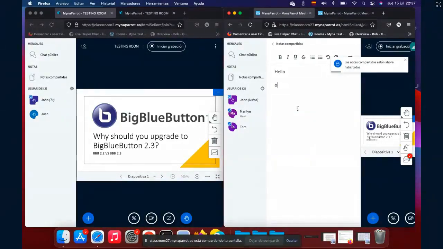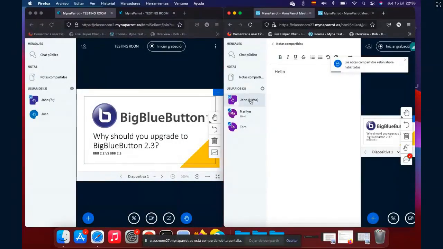For the moderator it doesn't show, because the students see who is writing in their user panel. It doesn't make sense to show yourself that you are writing, right? That's perfect. And I wanted to share a few features with you, and demo that the shared notes can now display the user who is writing.